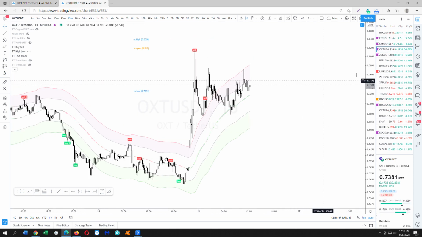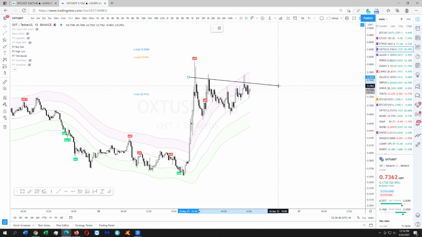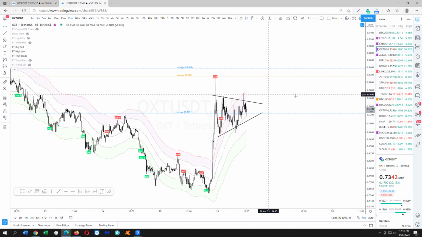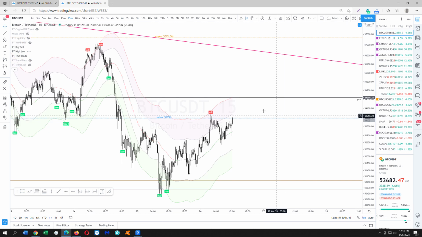OXT is such a stud. Oh my god, this is going to break out so hard. It's going to break out so hard. Can't wait. Look at this upside. Yeah, easy $1. I just doubled up real quick. Okay. All right. So